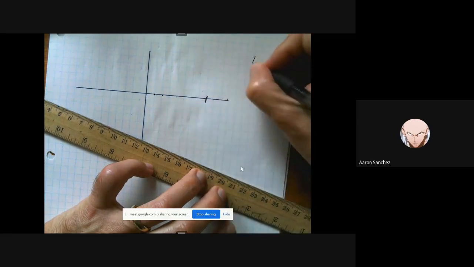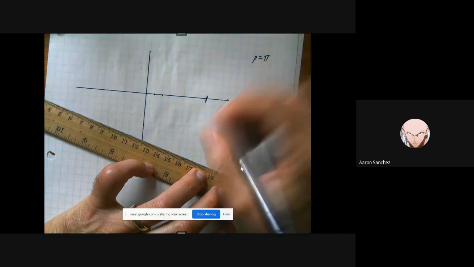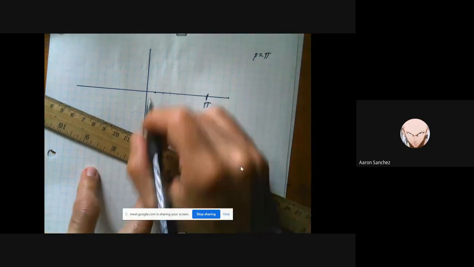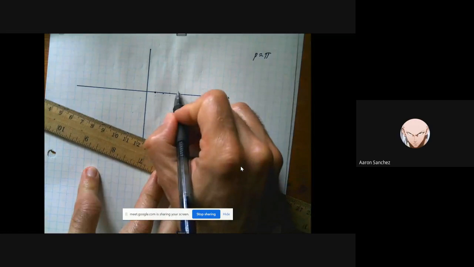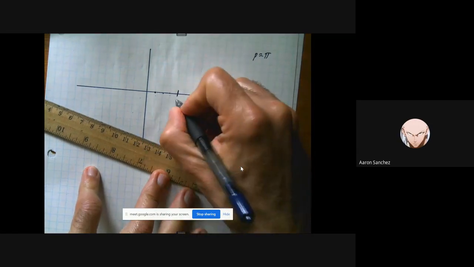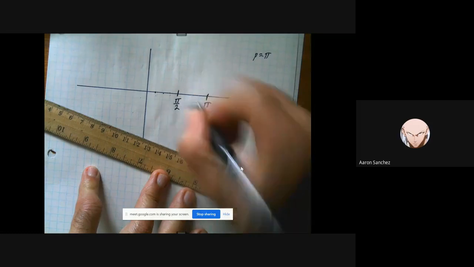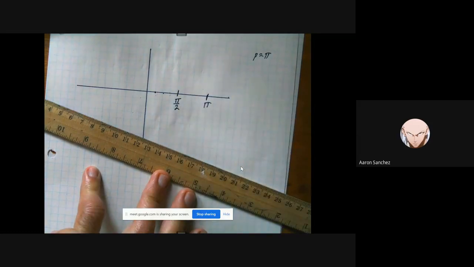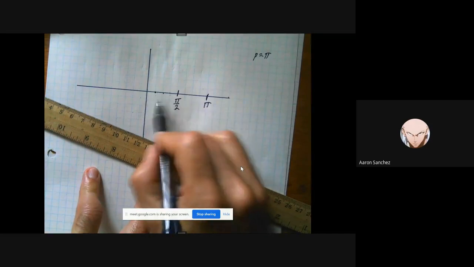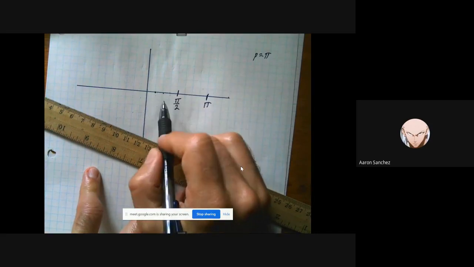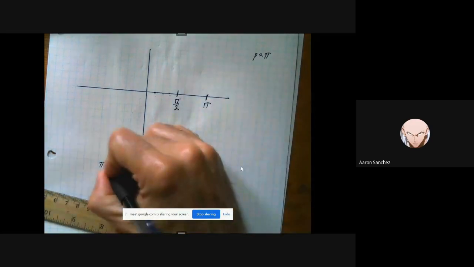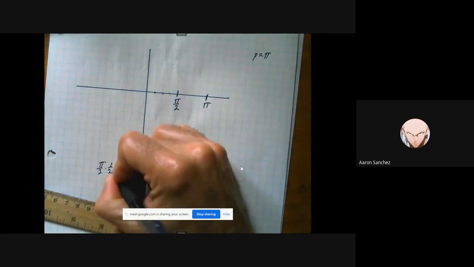And we said our period is equal to pi. Okay, so this is going to be pi. Now we got to get the midpoint. So that's going to be 1, 2, 3, 4 is our midpoint. So we divide pi by 2. For our midpoint, we get pi over 2. And then let's find the midpoint between this. So we do pi over 2. What's half of that? Pi over 2 times 1/2 is